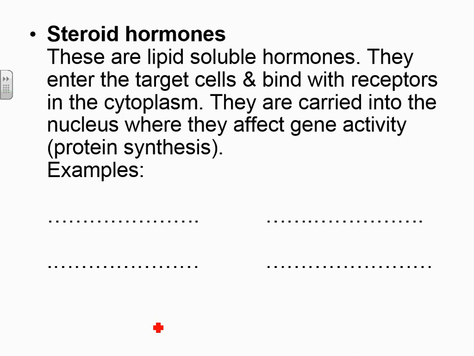In a given cell, of course, you've got 2 copies of every gene because you've got pairs of chromosomes. So there is no cascade effect going on here. One hormone molecule attaches to one of the chromosomes, another one might attach to the other chromosome, but that's not necessarily even going to be working. So this is quite a different sort of process. But the sort of examples that we've got here